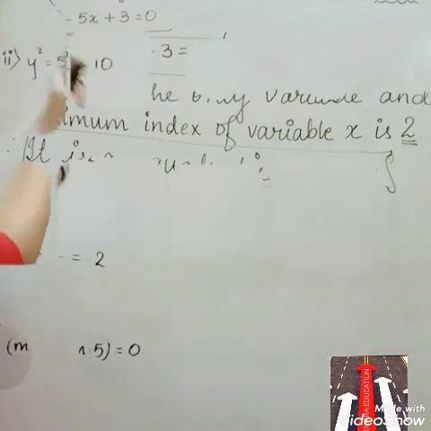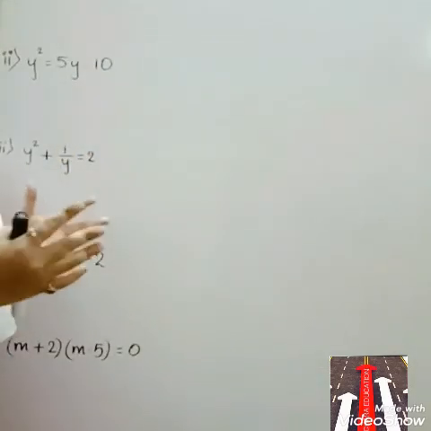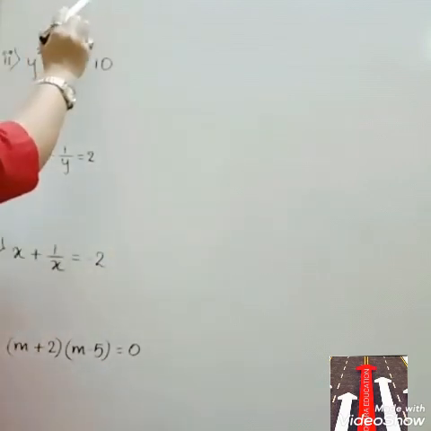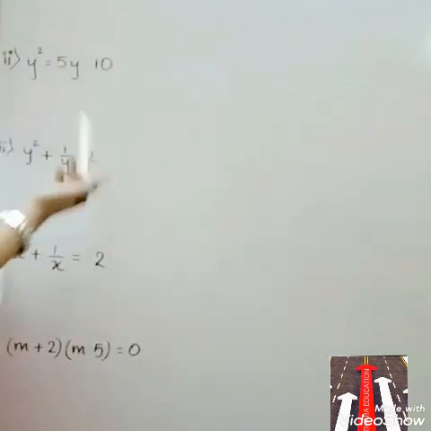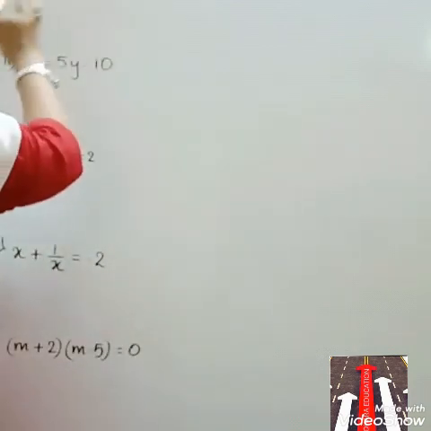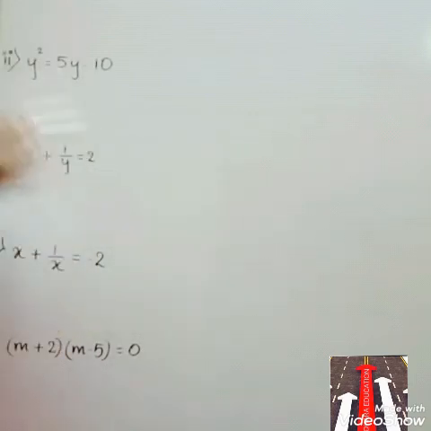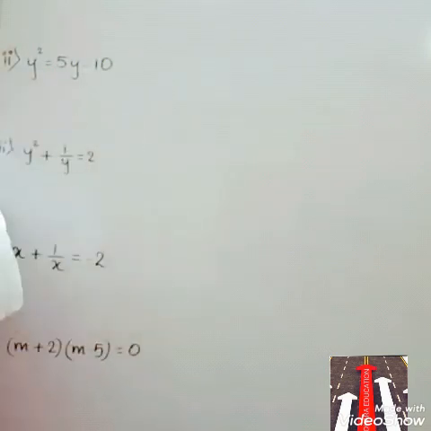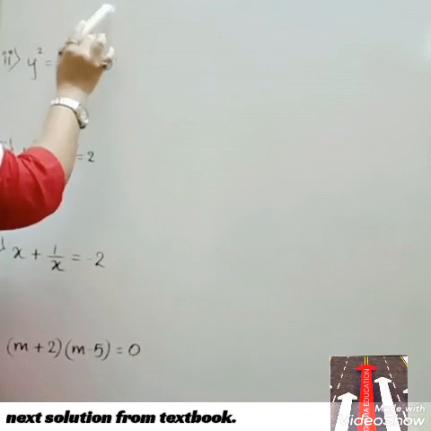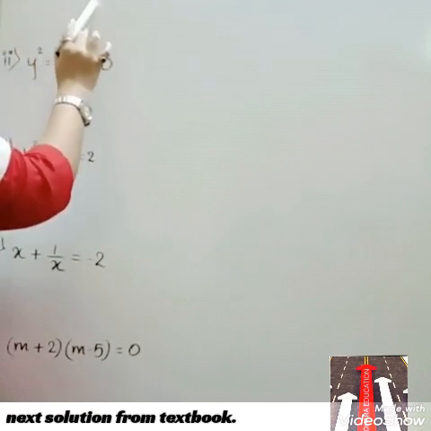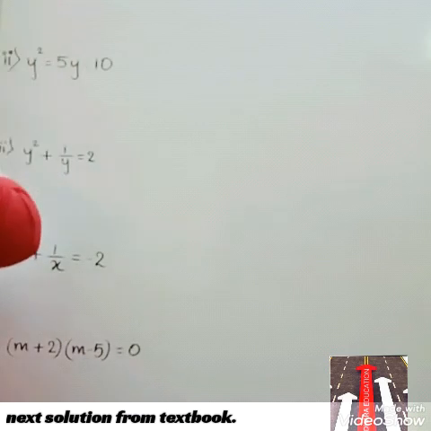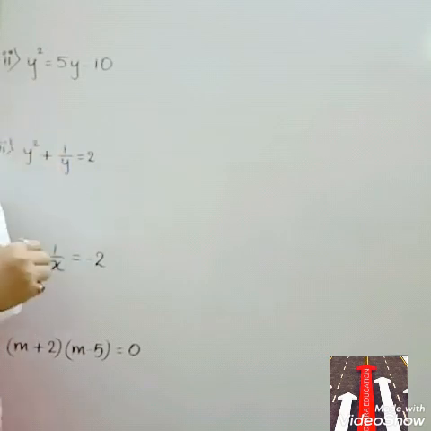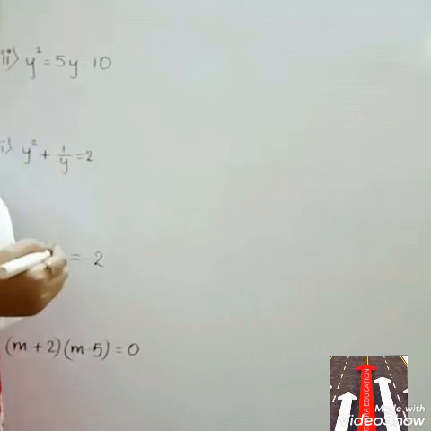Students, now again, are the following quadratic equations or not? So let's start. x square plus 5x minus 2 is equal to 0. Here, as you can see, with the last explanation, we need to understand that the index value of the variable x should be maximum 2. Here the index value is maximum 2. So hence it is called a quadratic equation.